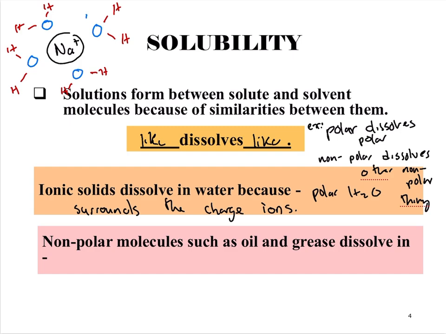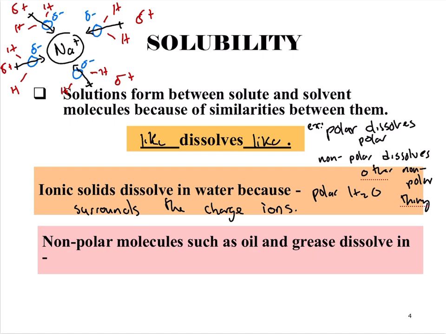Yeah, the oxygen has a partial negative on it, like this, right? Because it has the partially negative charge, it's attracted to the positive charge around the sodium. And the hydrogens are all partially positive. That side of the molecule is partially positive, so they're going to stay away from the sodium ion. Because all the lone pairs, right? Yep, all the lone pairs on the oxygen. If we were to draw the dipole moment, it would be from positive to negative. This would be what the dipole would look like, so you always have the arrow going from positive to negative. And opposite charges attract each other, so that's why we would get this kind of structure around